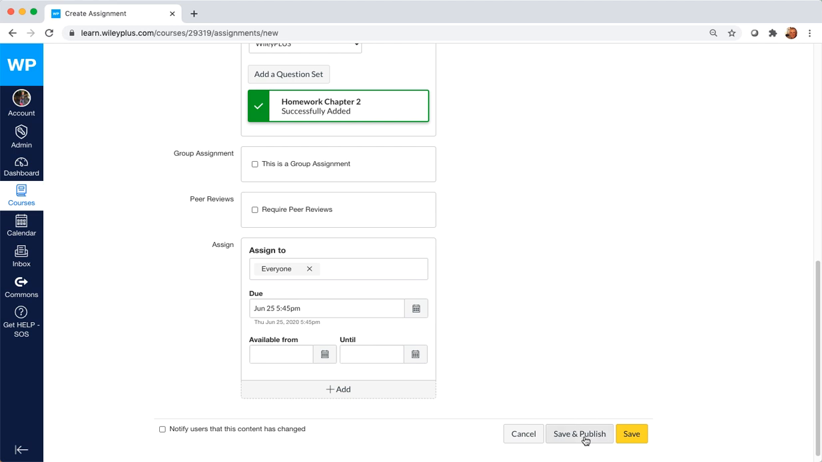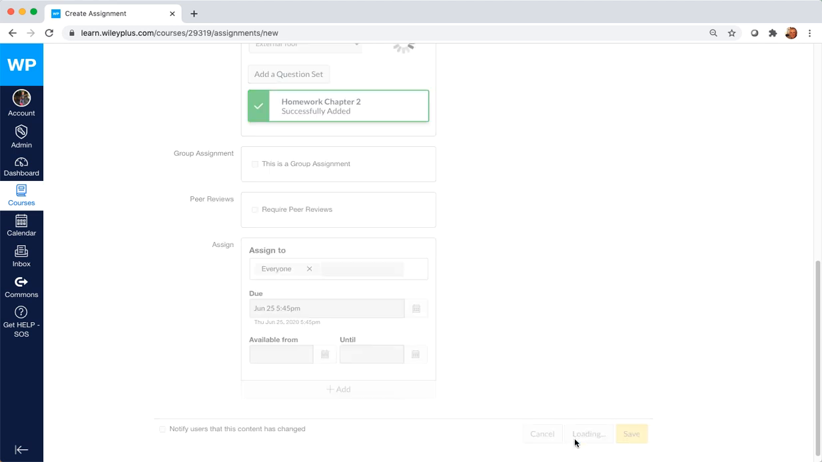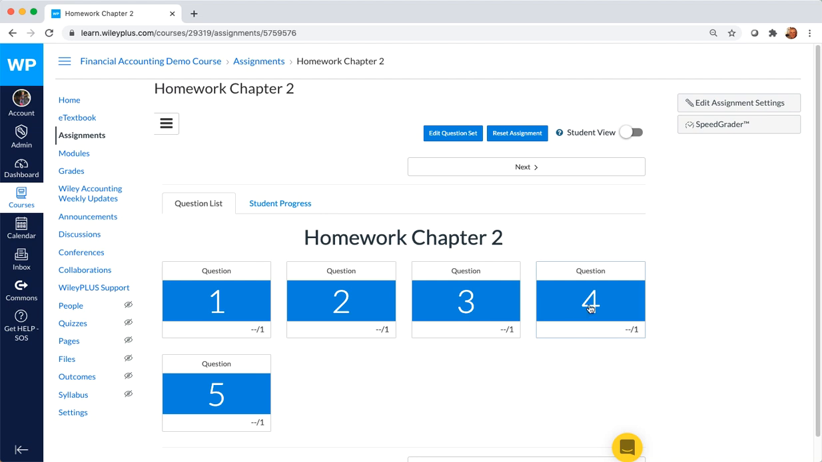My last step is to click on Save and Publish. It is important that you click Save and Publish because if you were to just click Save, while this will save it, it will not make it available for your students. By clicking on Save and Publish, this will make the assignment visible to your students and will show up within your WileyPLUS gradebook. Instructors will be taken to their assignment overview screen where they'll be able to preview every question